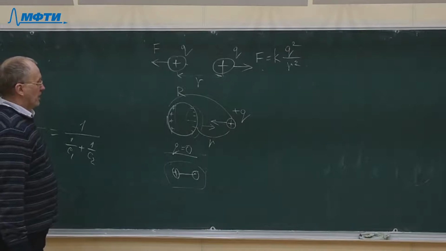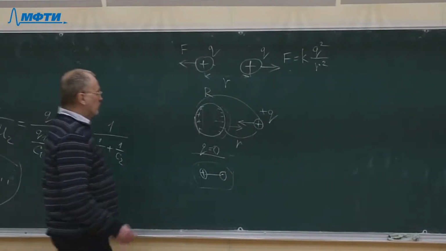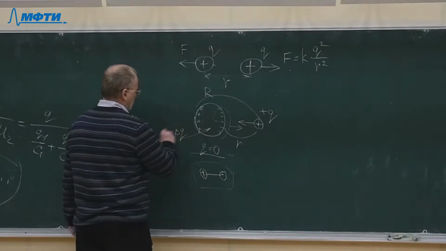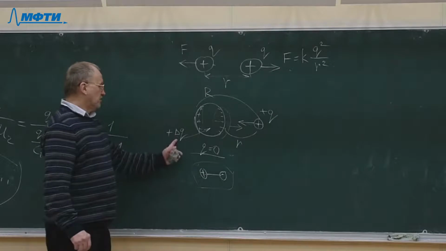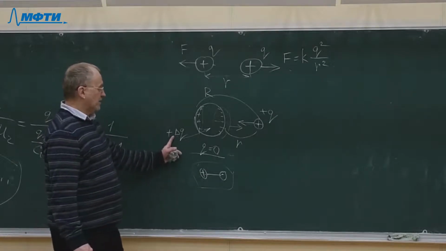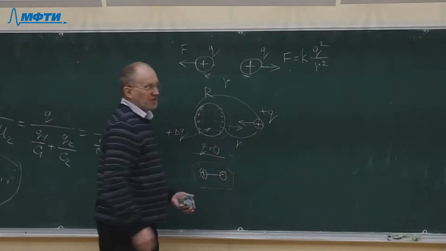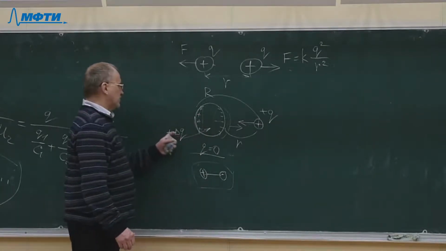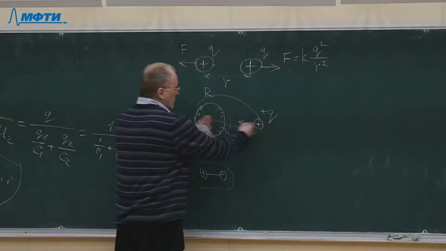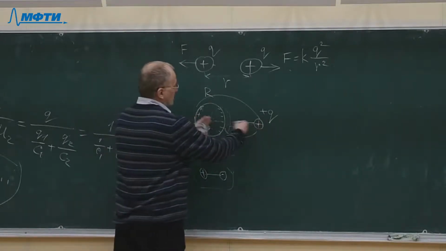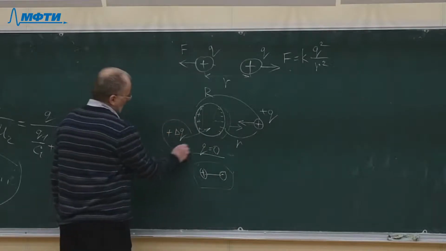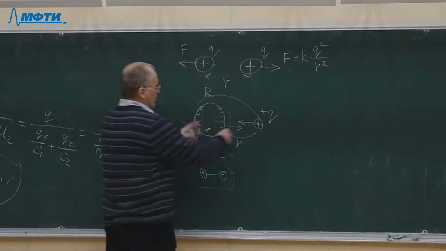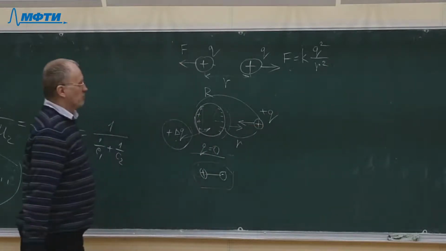Non-zero force. What happens now if we put some small positive charge here on this sphere? Very small. If this charge is very small, then the attraction between these two bodies will become smaller, but it still remains the attraction. If we increase the positive charge put on this sphere, then the attraction will become even smaller, but it still remains an attraction. And we must put here some non-zero positive charge on the sphere,